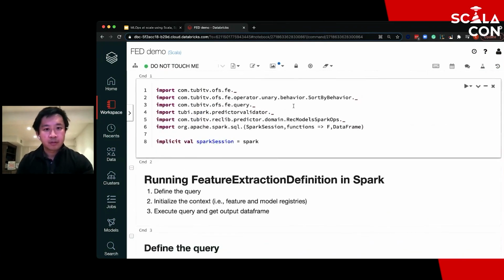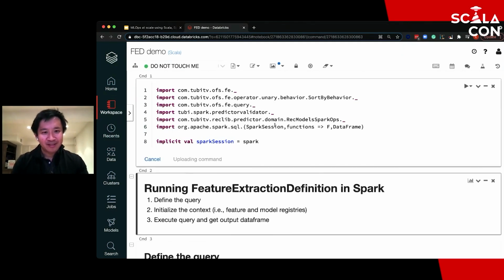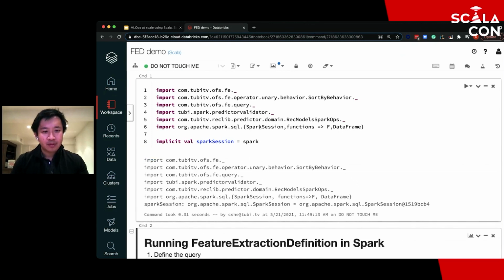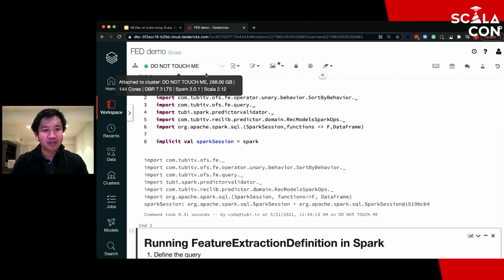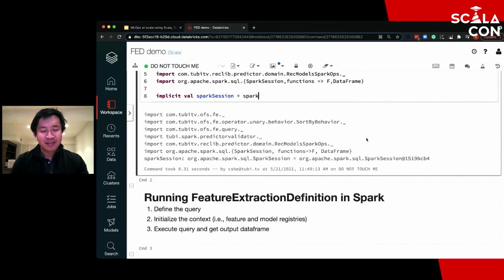And so hopefully this works in Databricks. Yesterday I was trying to present to somebody, and literally within the 10 minutes I wanted to do the demo, I could not log on to Databricks. So hopefully I'll have better luck today. I've named my cluster "Do Not Touch Me," so hopefully nobody in 2V terminates my cluster while we're doing this.